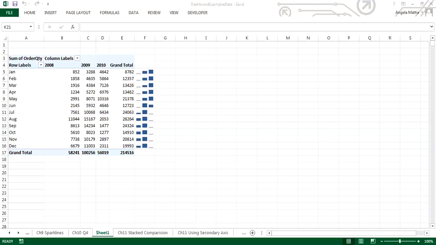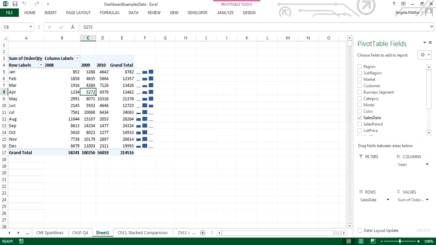Hi, this video will start off with talking a little bit about conditional formatting. Conditional formatting, this is a pivot table that's been created. And as you can see, by sales date and then the number of orders and by the year. Okay, so I have sparklines here, but conditional formatting could also be set up so that I could place